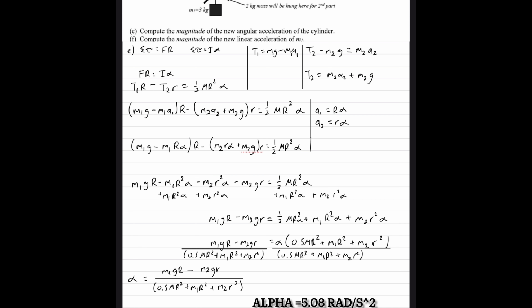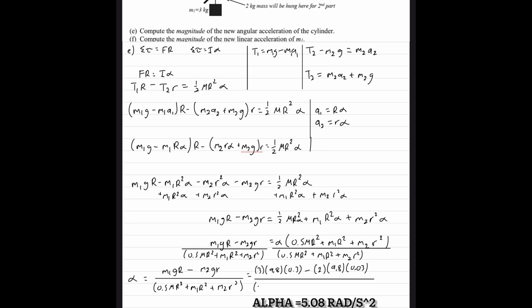And then I'll plug in all of the numbers. M1 is so 3, 9.8, 0.3 minus 2, 9.8, 0.03 all over